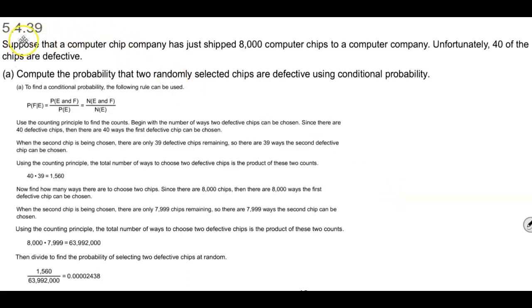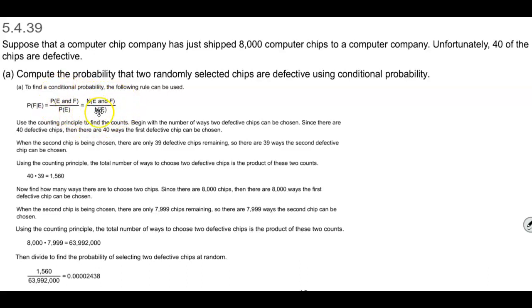Okay, now in section 5.4.39, suppose that a computer chip company has just shipped 8,000 computer chips to a computer company. Unfortunately, 40 of the chips are defective. In part A, we want to be able to compute the probability that two randomly selected chips are defective using conditional probability. Now, here we can use that formula to find the rule that can be used to find the